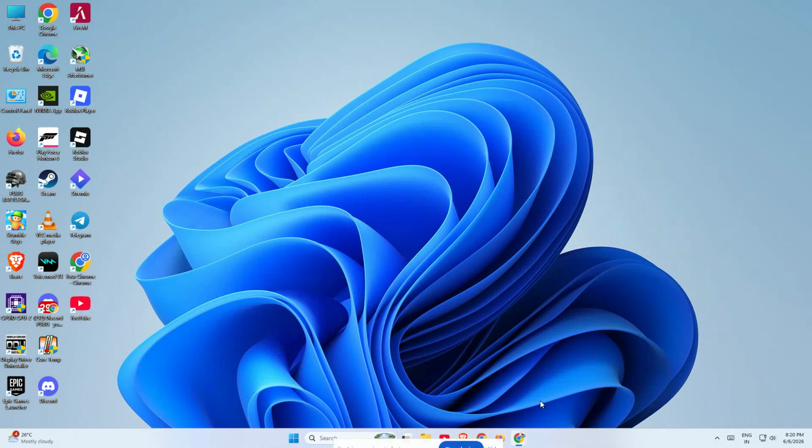If you want VLC to open your music automatically every time you click a song file, then this video will show you exactly how to set VLC as your default music player on a Windows PC. It only takes a minute, and once it's done, you won't have to keep choosing the app again and again